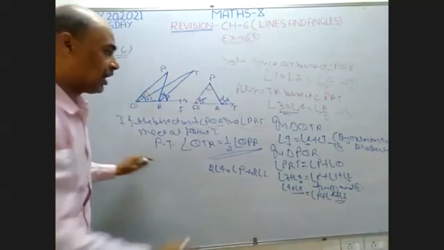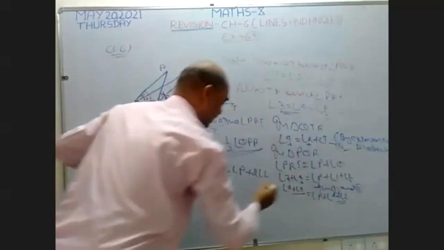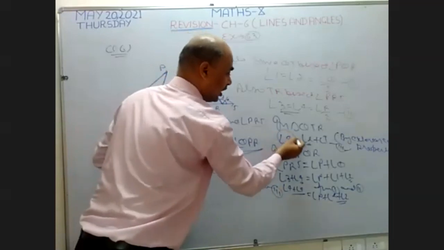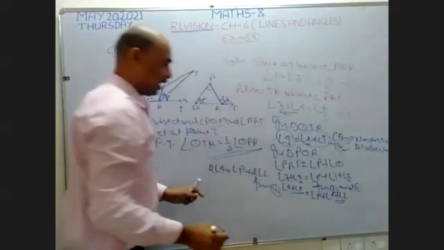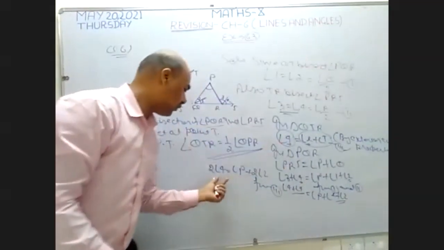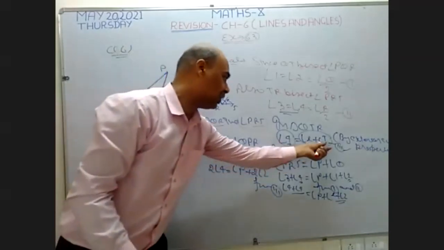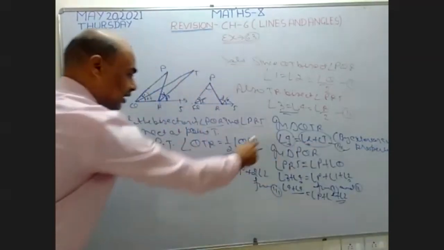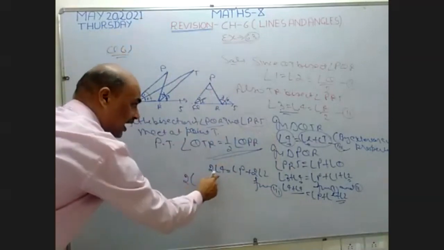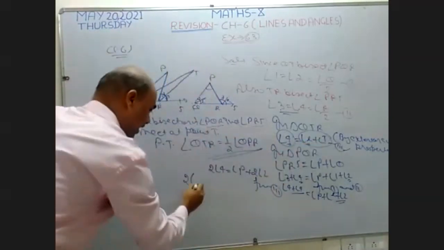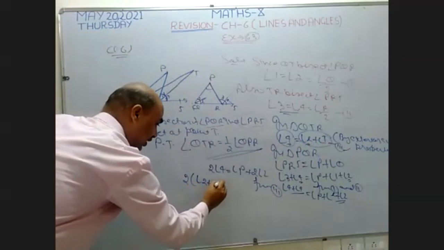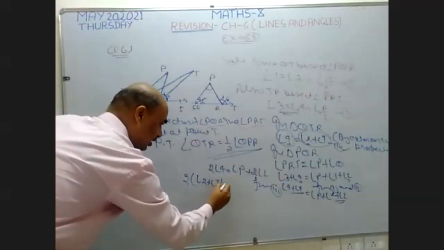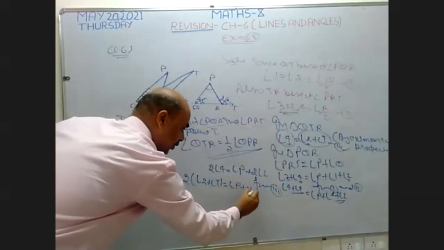Yes, sir. Now I want to use number 3. I write here 4 in terms of 3. This is the last step. It means instead of 4, I can write angle 2 plus 3, because it is given in the third part. So I want to use the third part. Instead of angle 4, I write angle 2 plus angle T. Angle 2 plus angle T is equal to angle P plus 2 times angle 2.